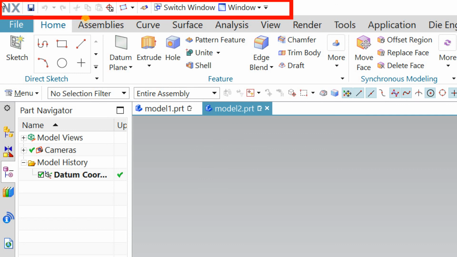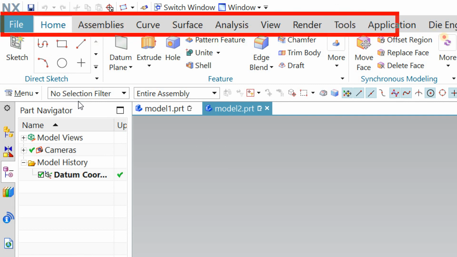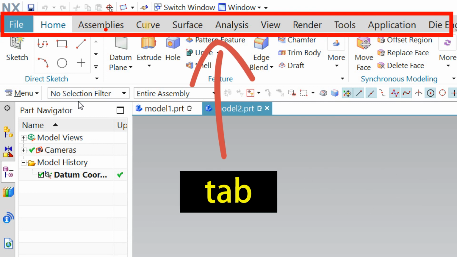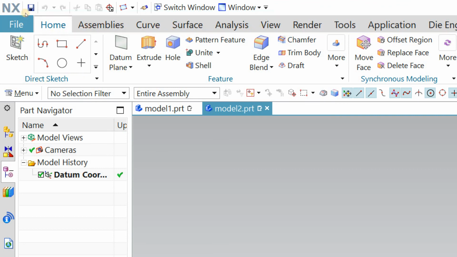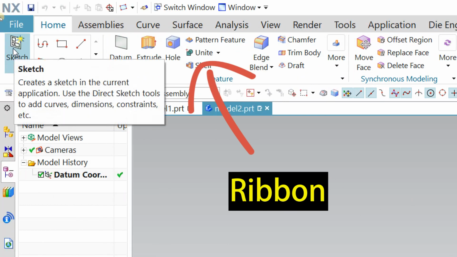The next layer that you can see here, let me highlight this, is called tabs, like home tab, assemblies tab, curve tab, surface tab, analysis tab, view tab, like that. And under each tab there are ribbons. If I click on home, you can see its ribbons open here.